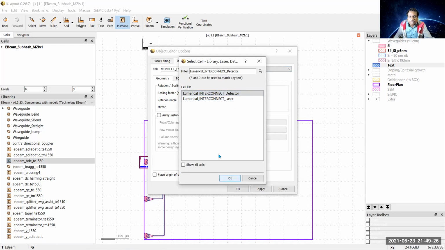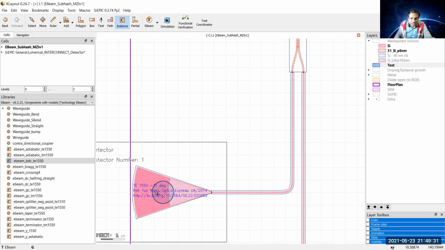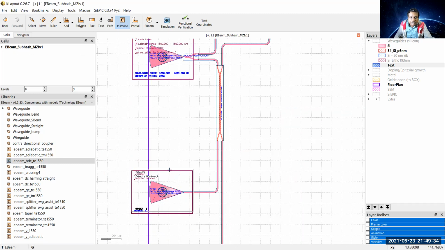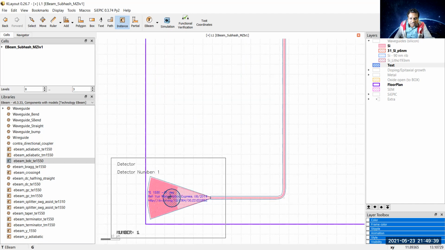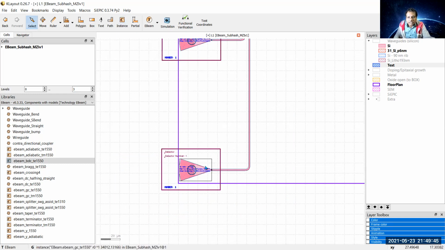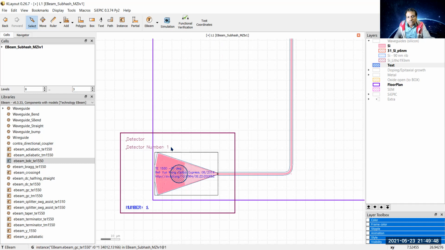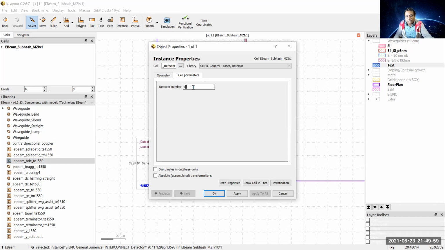Say OK, here also OK, and now put detector 1 here, and since it is selected here, put one more photodetector. Click OK. Skip it so that it is not selected. After that, we want to change this photodetector number. So click on this photodetector, the selection, press Q, the instance properties will come up for the photodetector, and change this number from 1 to 2 because this is the second grating coupler.